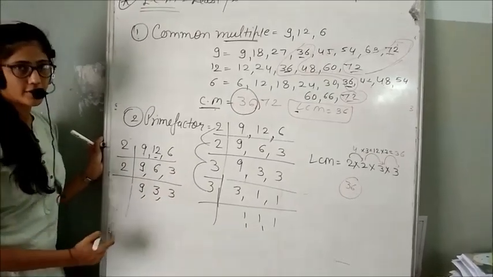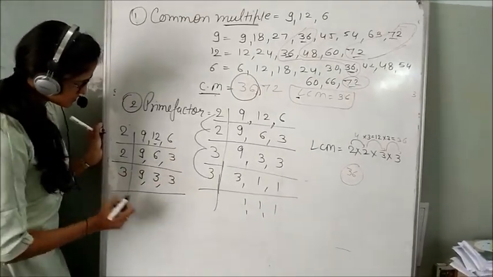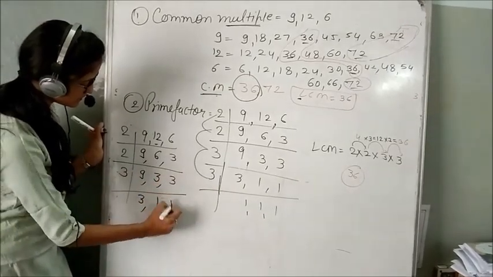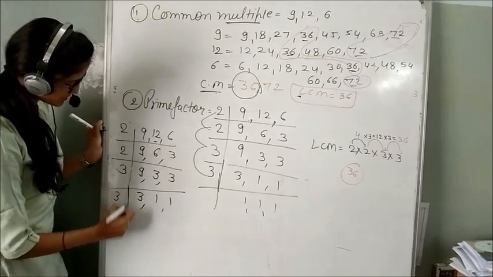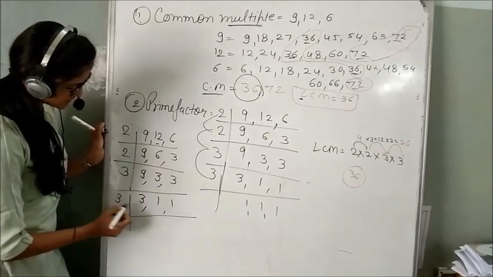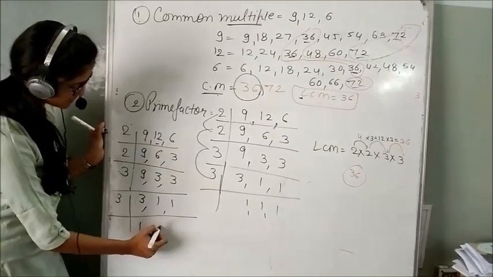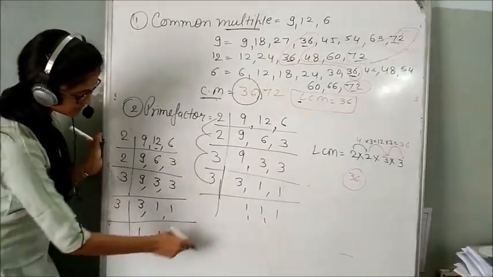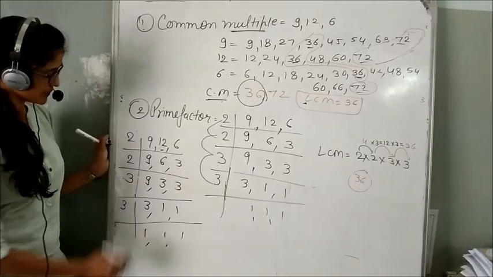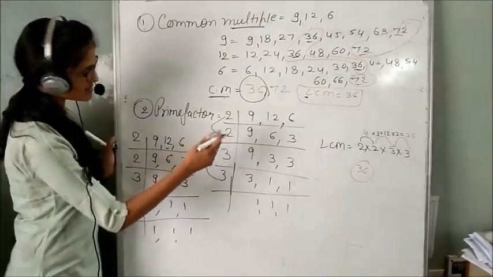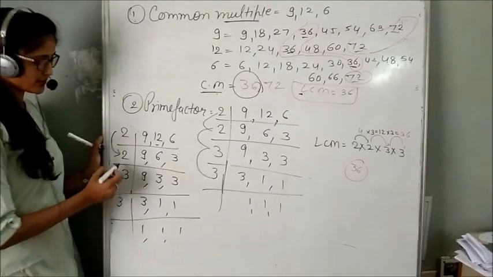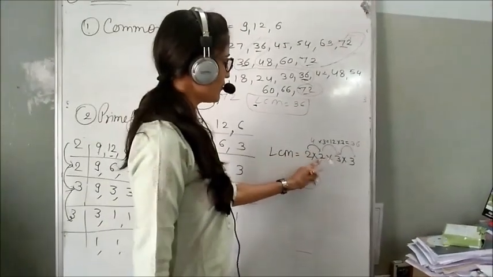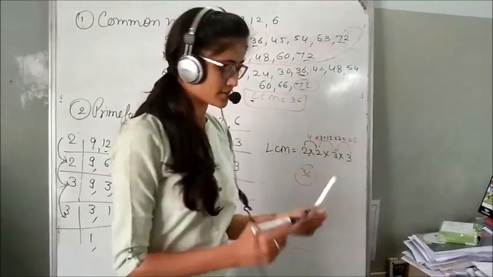Now all the numbers are divisible by the prime number 3, so write 3 here. 3 3s are 9, in the table of 3, one time, then again one time. Now again divisible by 3, in the table of 3, how many times? One time, and that's 1. We continue this process until we get 1 at the bottom. So now we find the LCM. 2 2s are 4, 4 3s are 12, 12 3s are 36. So the LCM is 36. Thank you.